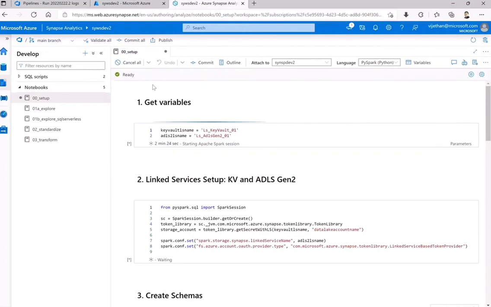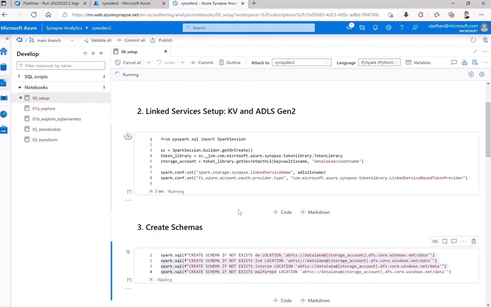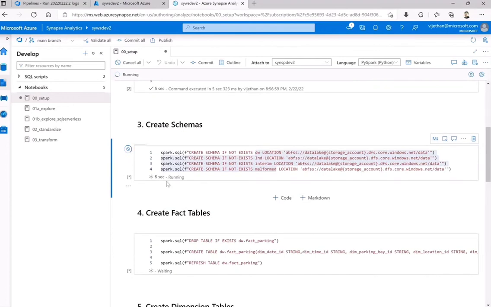Okay, so our cluster is ready now. If you see, step by step, it will run the respective task. Done. Now it will actually get that key vault and the ADLS setup. Done. Now it is going to have the schema created for us in the dev environment.